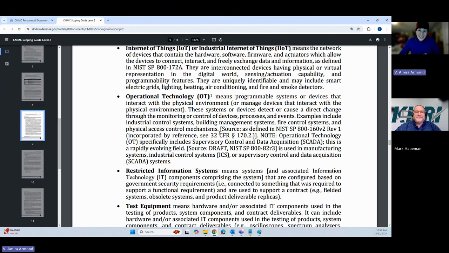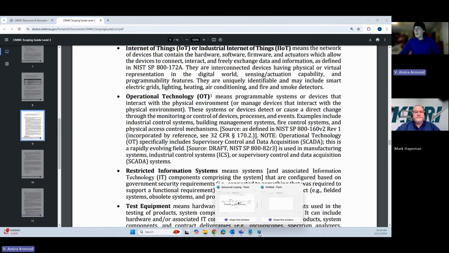And that's one of the ways you can tell if it actually is operational technology: when you say, why don't you patch it? Why don't you upgrade it? Why don't you assign a firewall to it? And they go, no, no, no. That's one of the first indicators that you're dealing with operational technology.